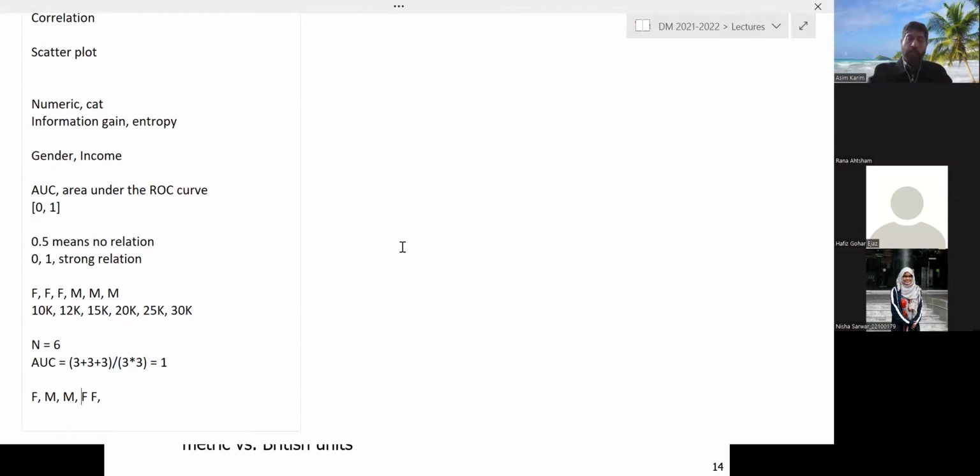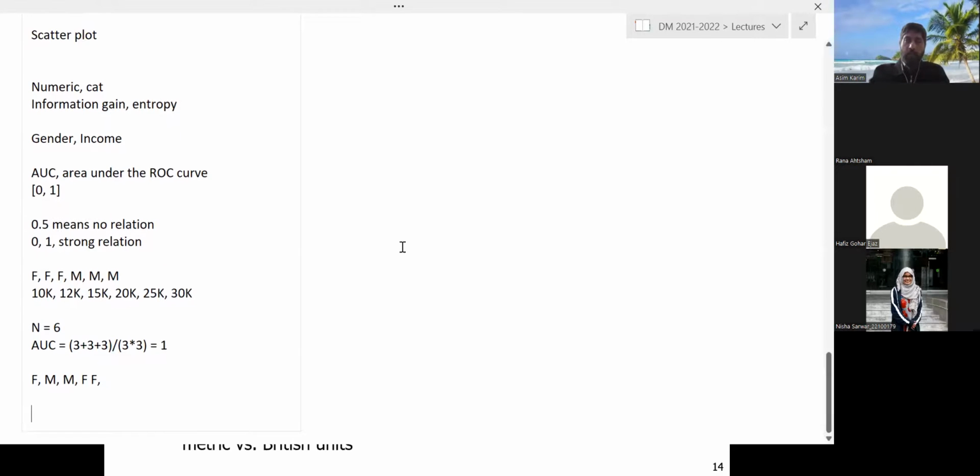All right. So let's again do the same analysis and take each female and count the number of males that occur before them. So if you look at the first F, there is no male before it. Of course this is ordered, okay? So that is 0, okay. Plus